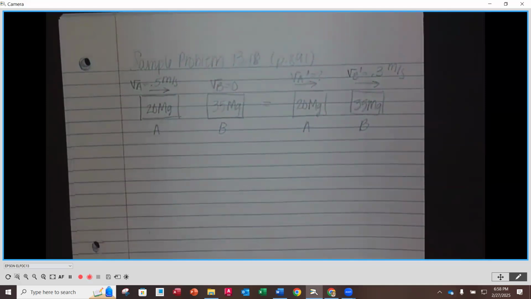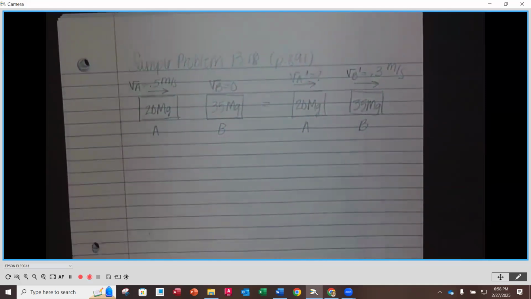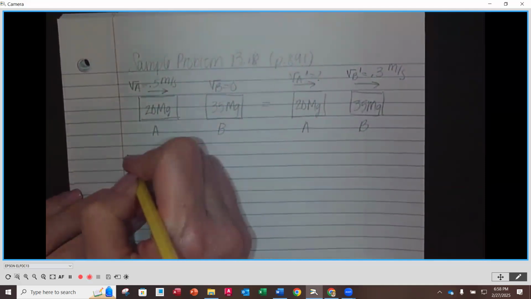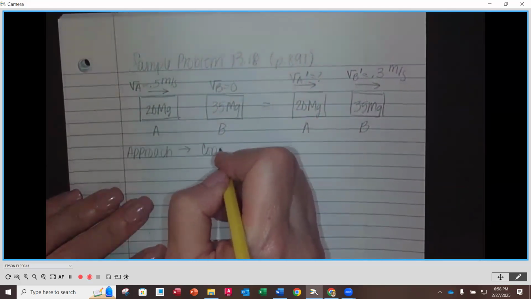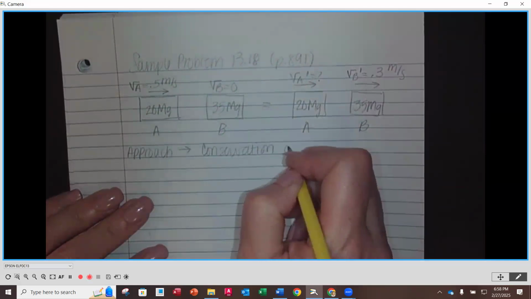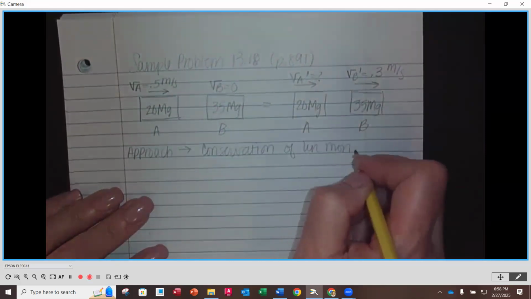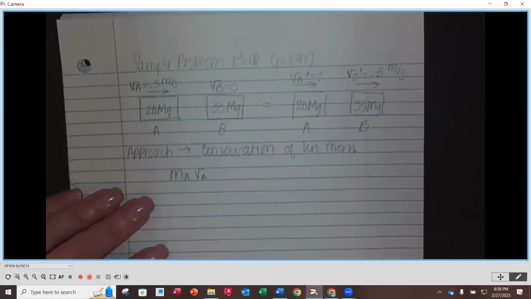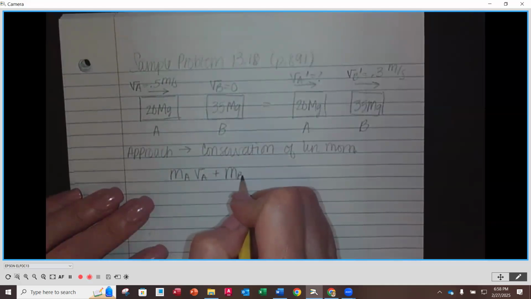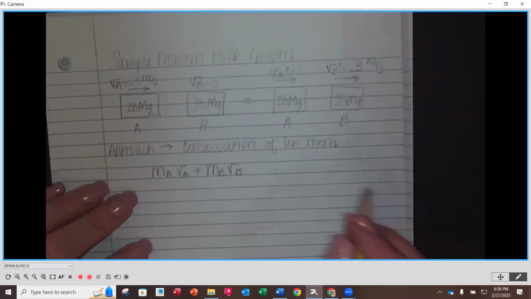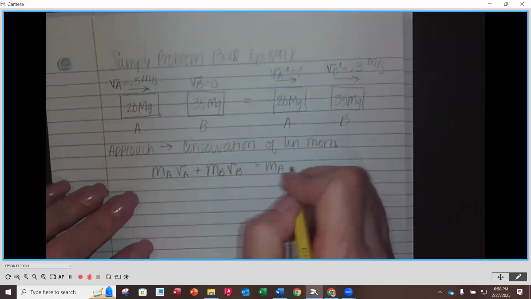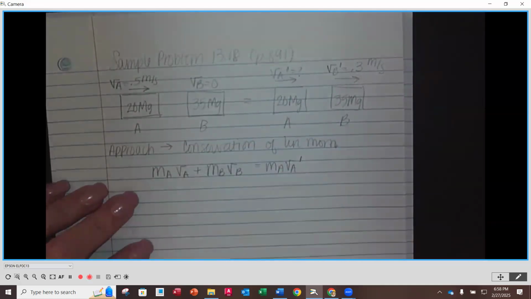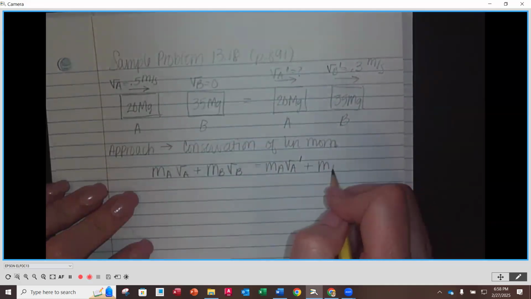Okay. So now, using conservation of linear momentum, that's our approach. We're going to say that MA times VA plus MB times VB is going to be equal to MA times VA prime plus MB